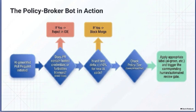The AI cannot simply dump massive volumes of application logic into the system without simultaneously generating the rigorous test skeletons required to validate that logic. It has to prove its work. If the delta calculation falls below the required threshold, the bot executes a block merge action. So it enforces quality by demanding mathematical proof of validation. Only after the pull request passes the credential scan and the unit test delta calculation does the policy broker bot evaluate the contextual risk, apply the green, amber, or red tag, and route the request to the appropriate human or